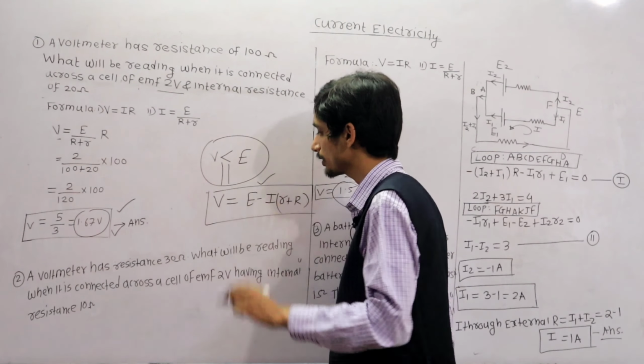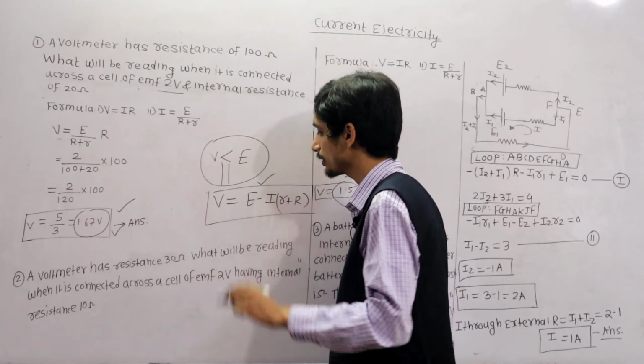Now listen here, actually this I into R is a voltage drop. This is a very important point. This is a voltage drop across that capital R. So whenever we are interested to calculate terminal potential difference across capital R, that time here we have to consider only small r. Why? Because we have to subtract the voltage drop across the internal resistance. So total supplied EMF is 2 volt and some part is lost across internal resistance and remaining appears across the external resistance. So that is V is equal to E minus I into small r.